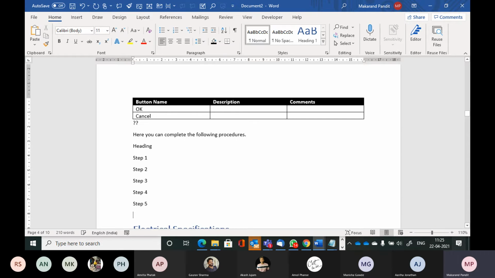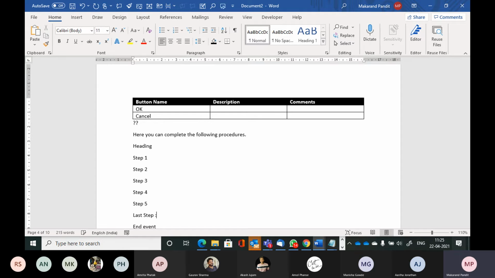Step 5. After the last step, whatever step it is, step 6, step 7, or whatever that number be, after the last step, what do you write? You write the end event. Correct? It's very important to write the end event.